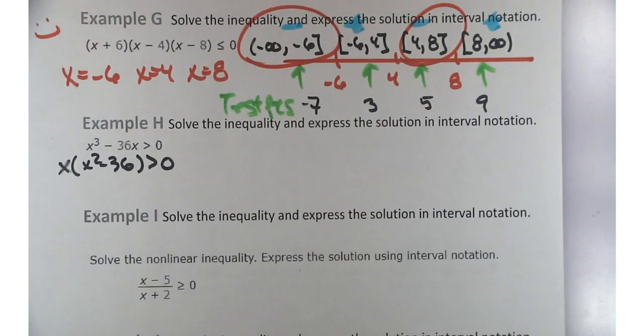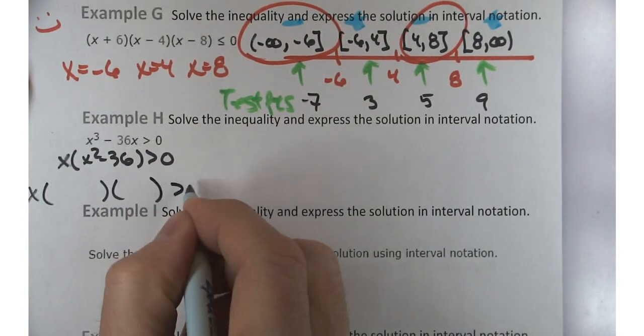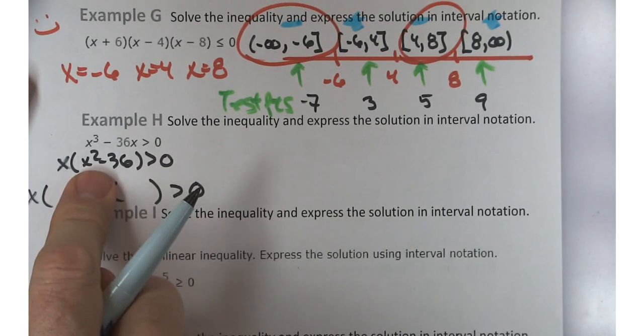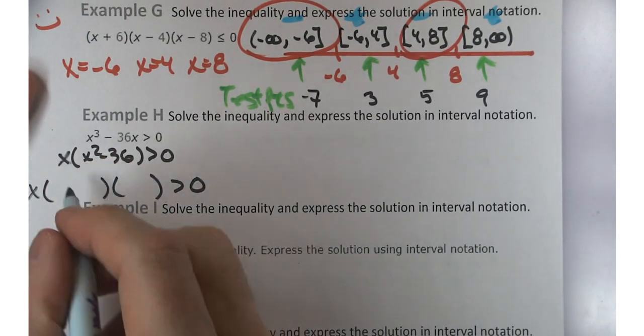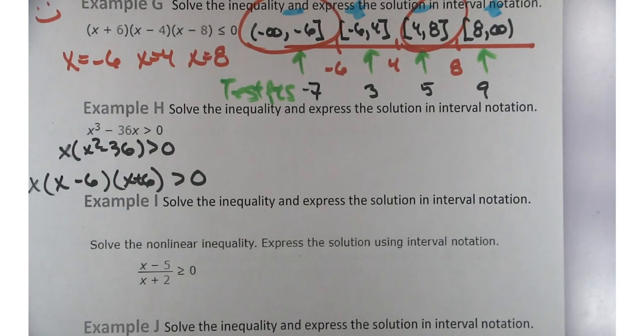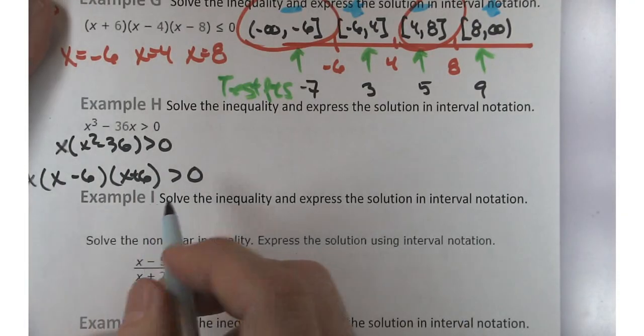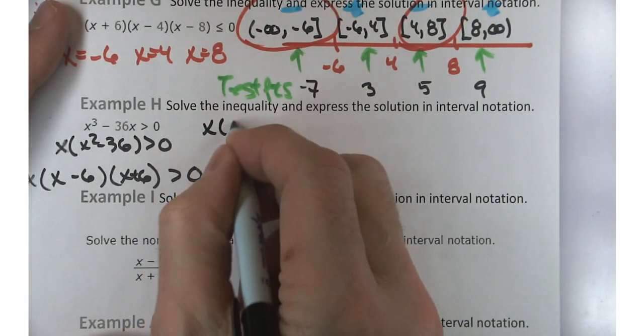Let's keep going. What else can I do in terms of factoring? Can I factor that x squared minus 36? Difference of squares. Adrian, any idea how that one's going to factor? Difference of squares? Nice. x minus 6 and x plus 6. Beautiful. Now, when you try and set this equal to 0, that is x times x minus 6 times x